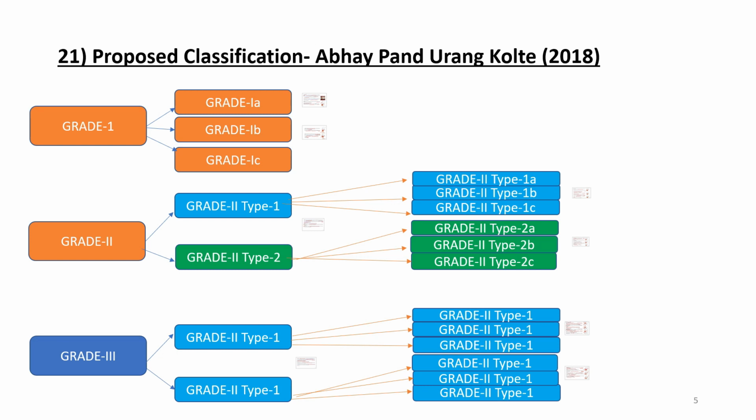Our next classification, which was proposed by Dr. Kotle and team in 2018, basically they have given a very detailed classification. They have given a single characteristic for grade 1, grade 2, grade 3, and then they have further divided them into various subtypes. Then they have also considered the prognosis as well as they have given the treatment modalities of that particular furcation involvement. So let's see one by one. It is very detailed one. You have to be with me with each slide.